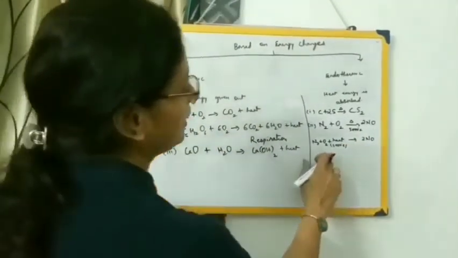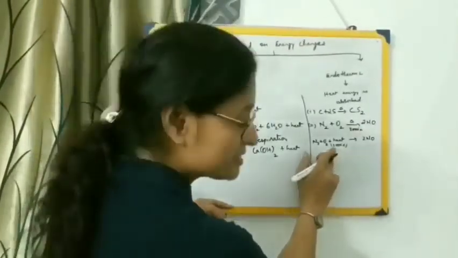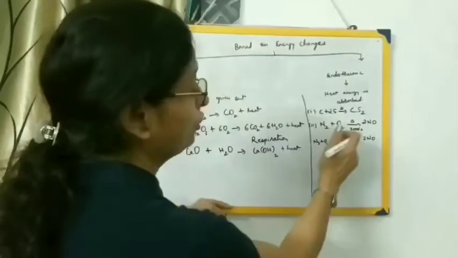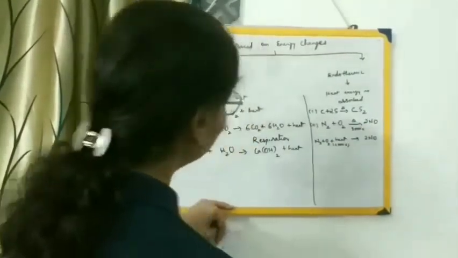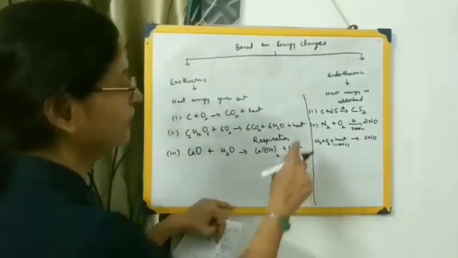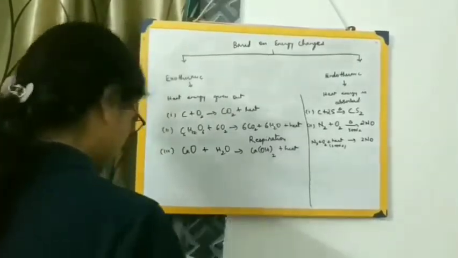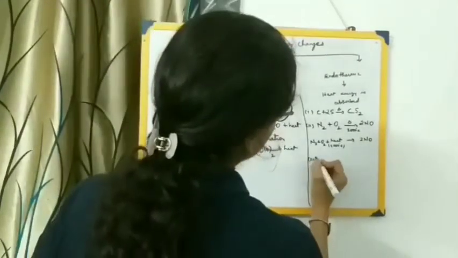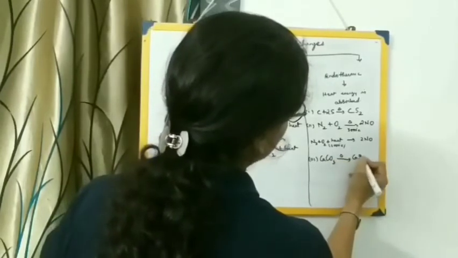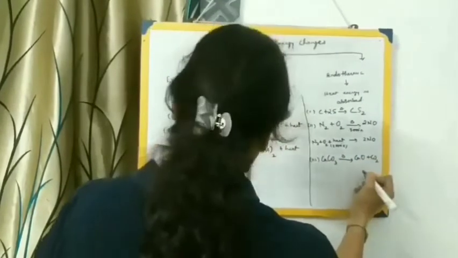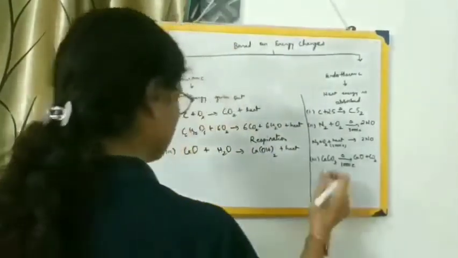That is the endothermic reaction. One thing that you keep in mind is that in an endothermic reaction, we have to show the heat sign either on this side of the arrow or over the arrow, because heat energy is absorbed over here. In the exothermic reaction, because heat energy is evolved, we write the heat on the other side. Then let's take another example, calcium carbonate. It decomposes, as I told you some time back, forming calcium oxide plus carbon dioxide, and in this also heat energy of 1000 degrees Celsius is absorbed to give us these products.